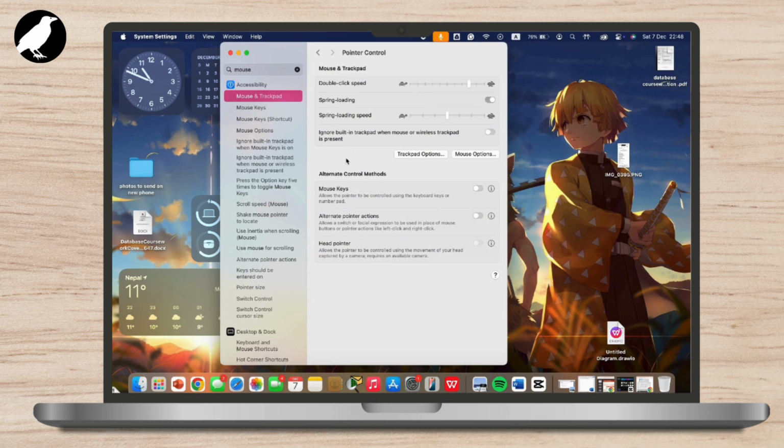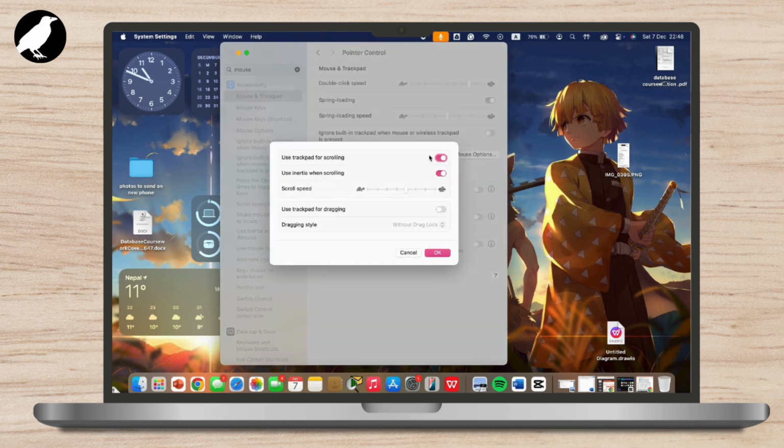Now, once there, all you have to do is tap on the tracking speed. Now, under tracking speed, drag the slider from slow to fast to adjust DPI. So that is how easily you can change DPI of mouse in